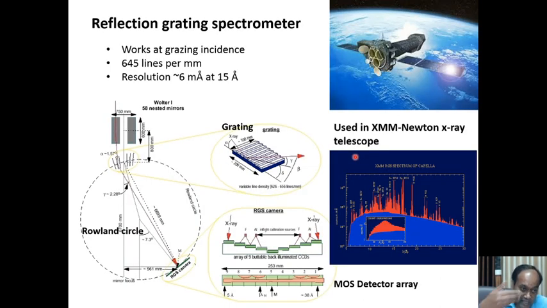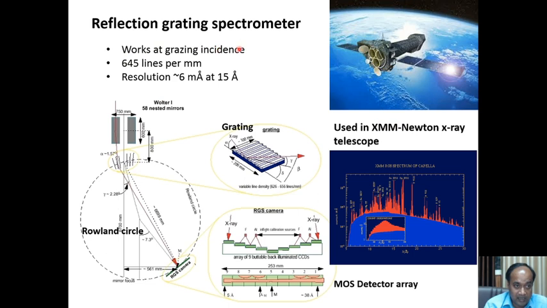You can also employ, instead of the transmission grating, the reflection grating in a very similar way to how we do in case of optical. For example, here, if you remember, this is like in a grating formation, the Rowland circle. So you place it on the Rowland circle. The X-ray mirrors bring the light to focus here, and then you get diffraction. So this is showing the grating, and here it is showing the detectors distributed on that circle, and you can form this spectrum. Such a technique was used in the XMM-Newton X-ray telescope. And now remember,